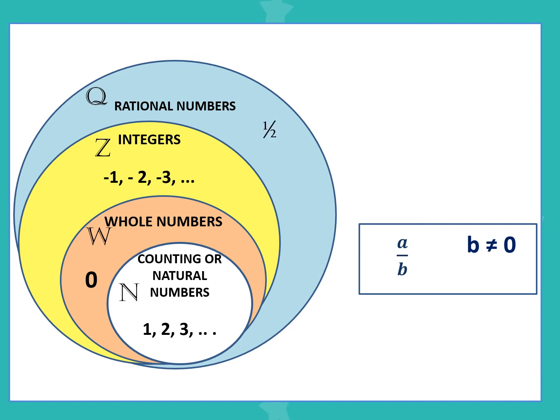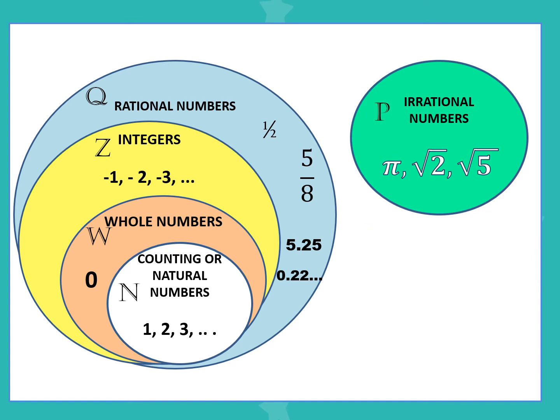So example, we have 1/2, 5/8, 0.222, a repeating decimal, and a terminating decimal. Hindi lahat ng decimal ay rational numbers. Kung non-terminating at non-repeating, ang tawag sa kanya ay